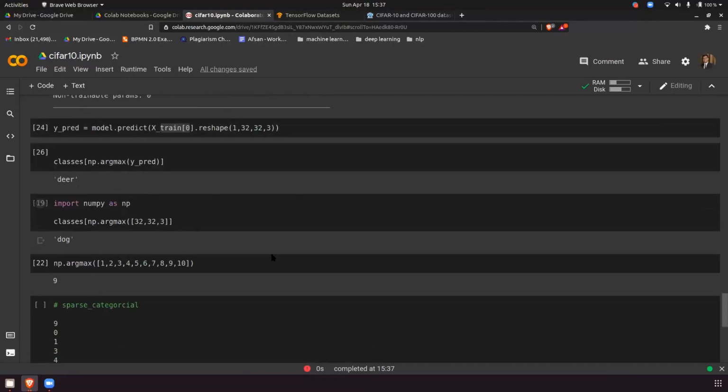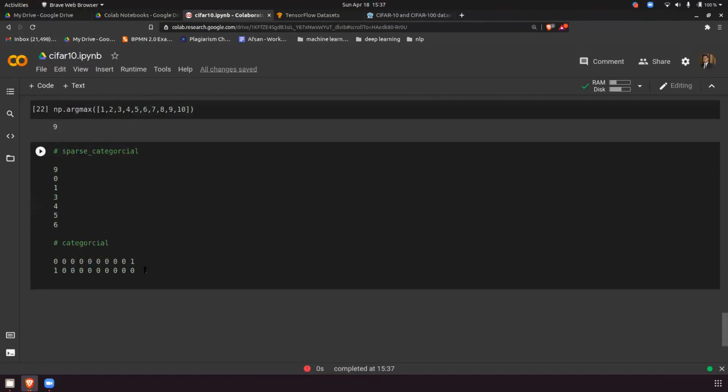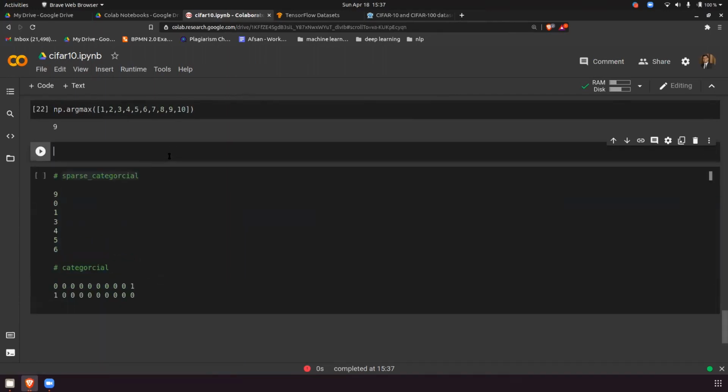I will just tell you here how to save the model. Suppose you are happy with the accuracy, and you want to save the model so that you can upload it on Flask or somewhere else. We have a very simple step for this.